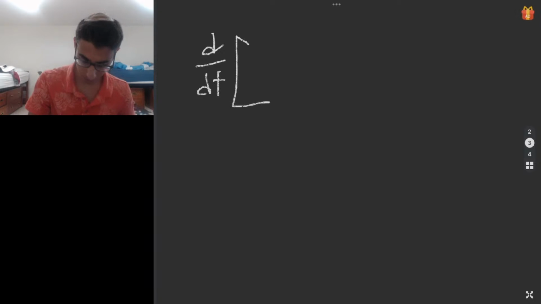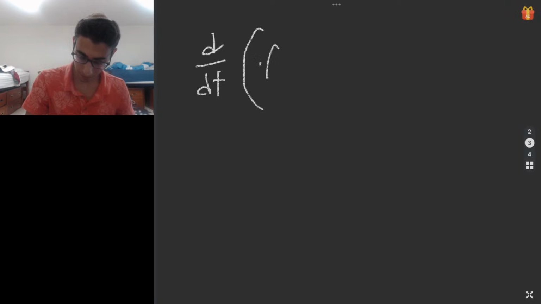Okay, so now let's do another rule called the product rule. So the product rule says this: if you have d with respect to dt of, and remember, when you do multiplication like this, in fact, I'm going to do parentheses because I understand parentheses better. When you do multiplication, it's just going to be d of that over dt, because it's just multiplication. So when you have that of f of t times g of t,